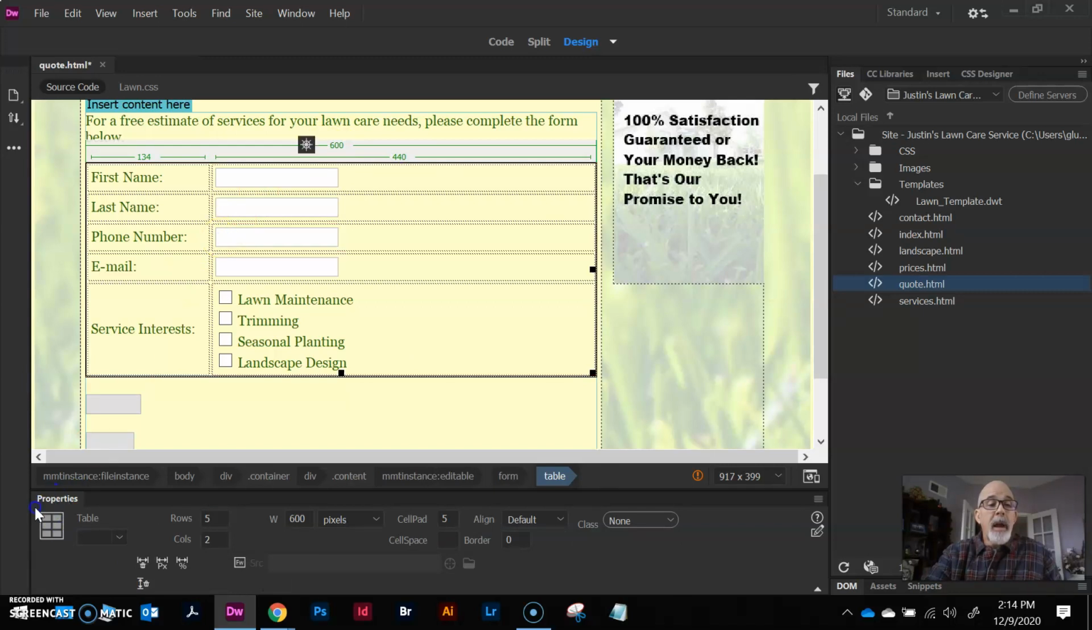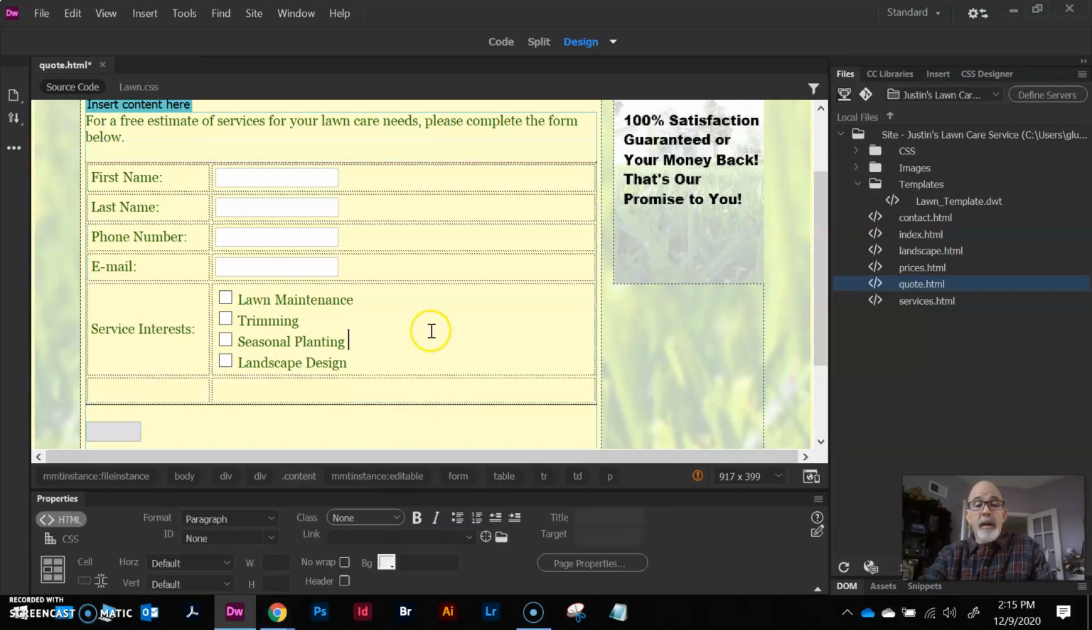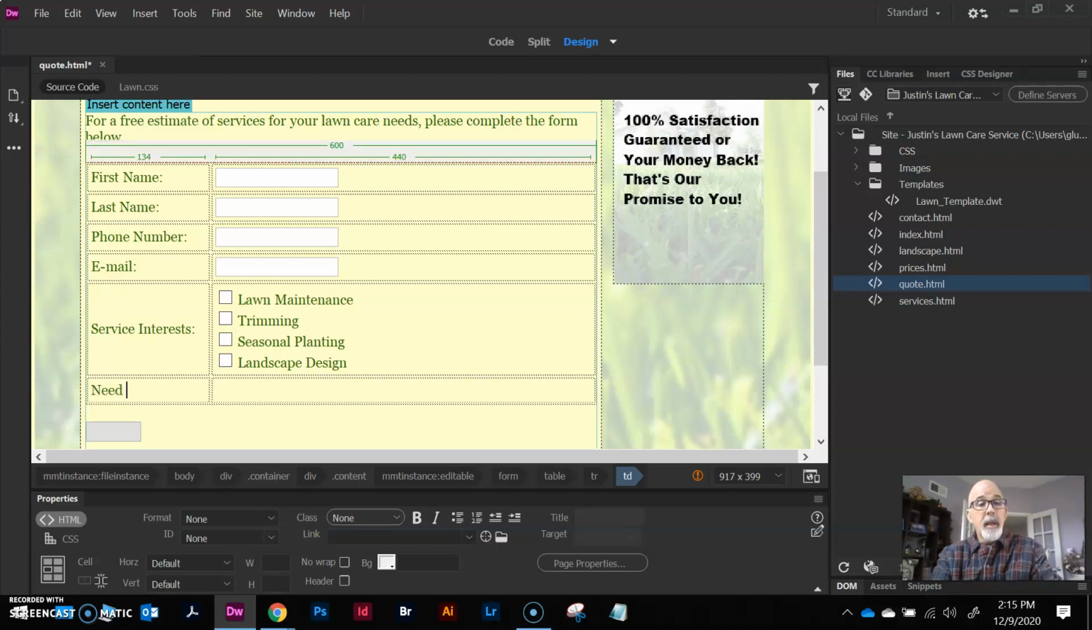If I look at my properties down below, I can see my table. Here's where I can see rows and columns. Just change that 5 to a 6, and that's going to add our next row down below here. It keeps everything laid out the same. So that would be everything we need to do there. Now in step number 11, we have to title this. So we want to put in "Need service by,"